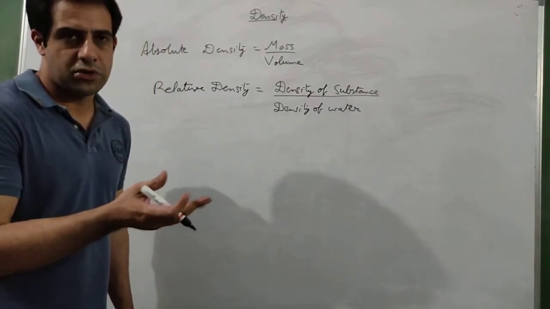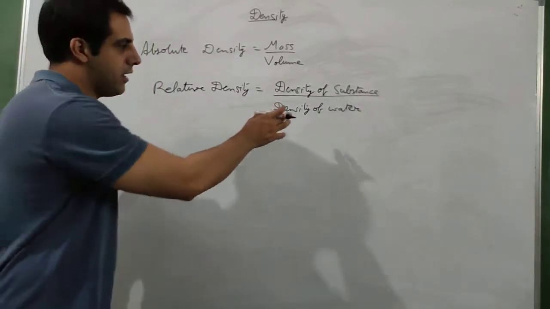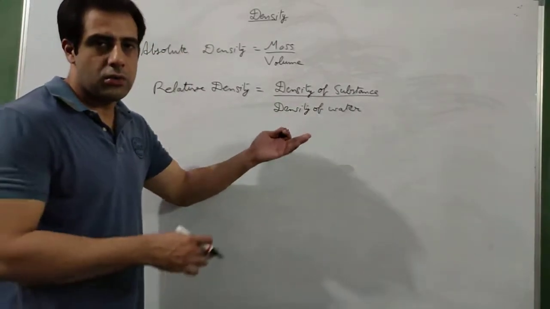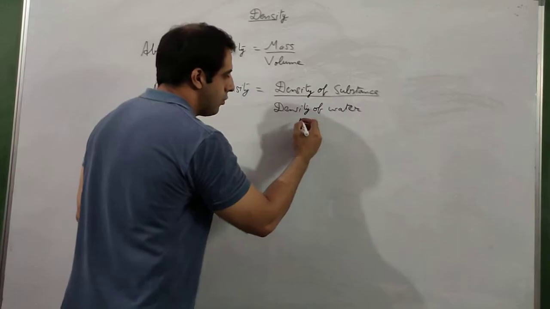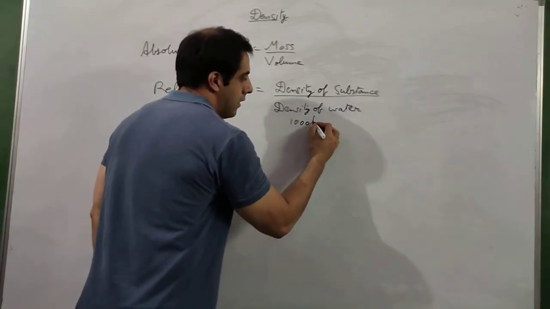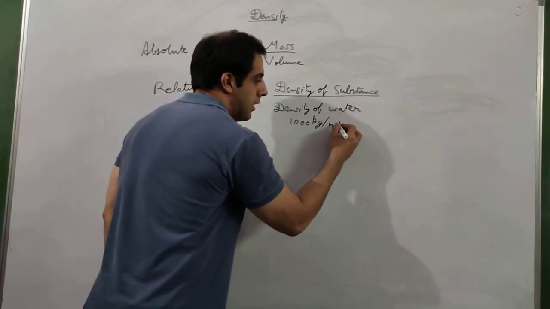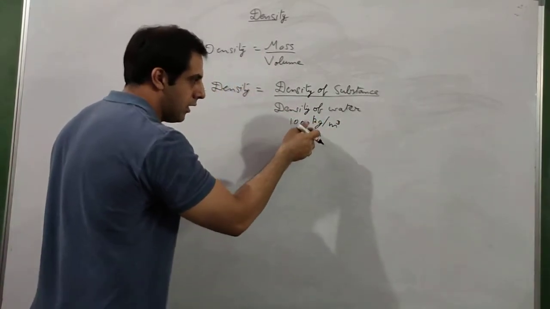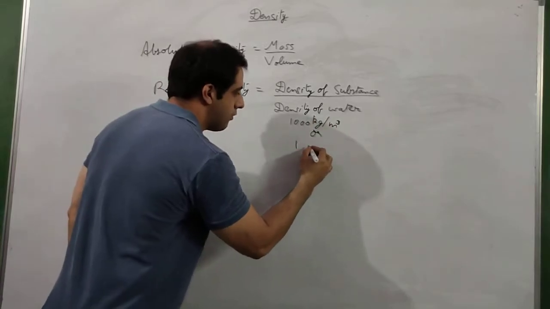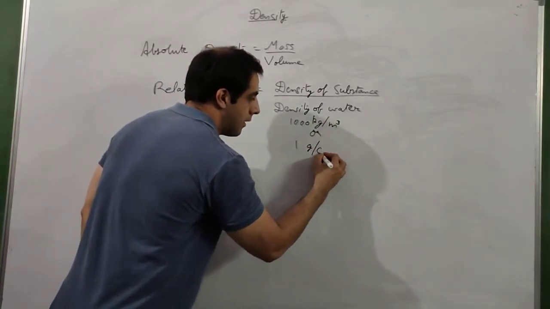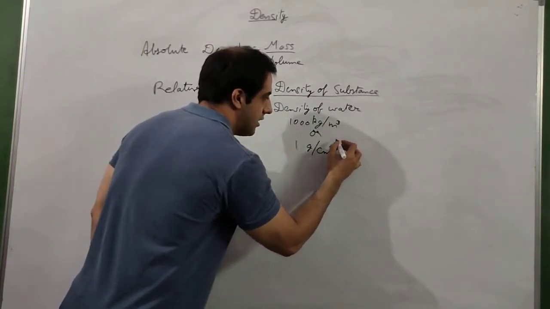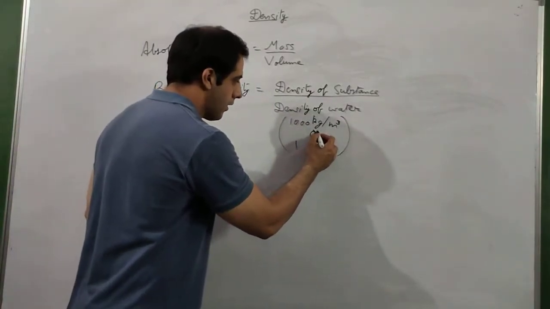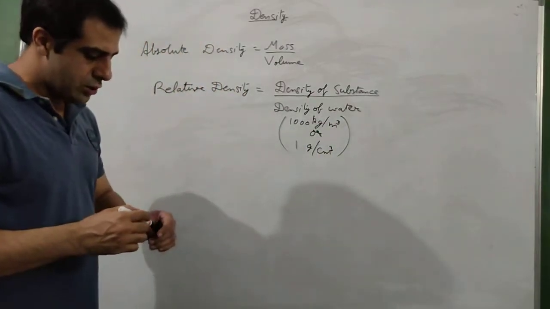Now the value of density of water is fixed. Generally it is given in the question if you get any numerical, but still it is a very important quantity and it will be used again and again. So it's better that you remember this value. So density of water is 1000 kg per cubic meter, or if you change the unit to gram and centimeter, it will be 1 gram per cubic centimeter. So memorize these values, it's better that way. So then this will be called relative density.